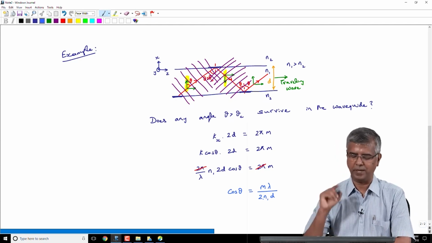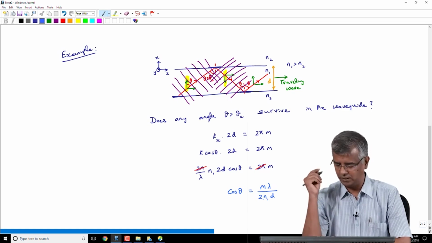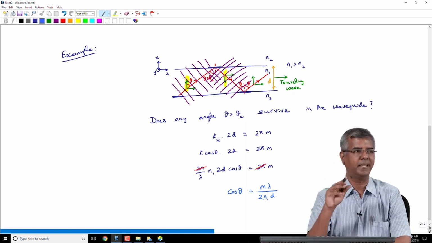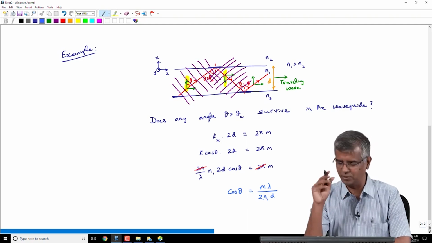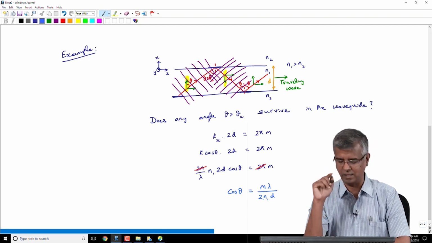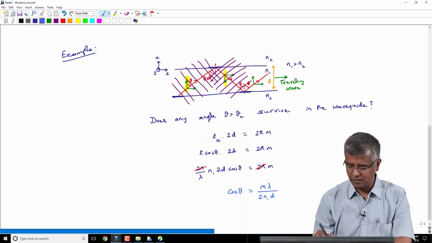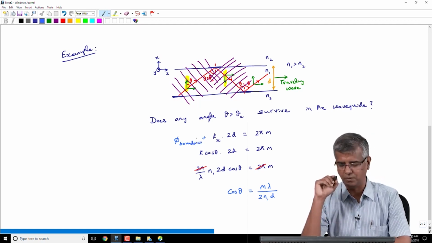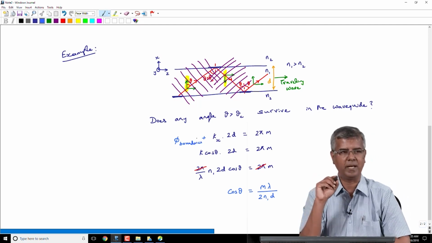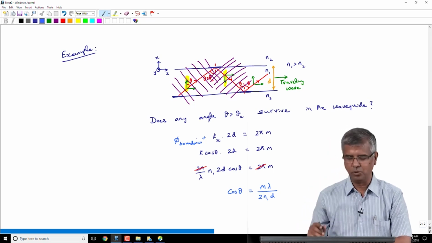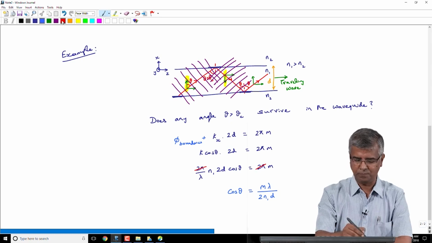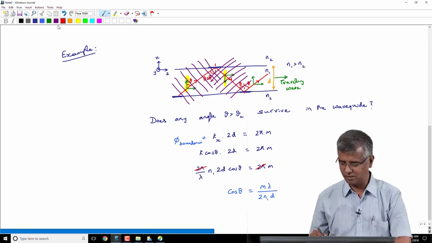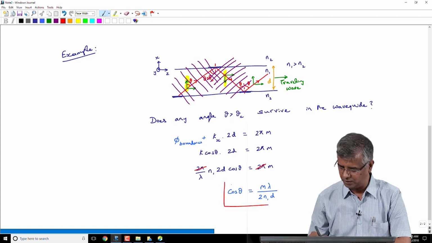So, there is a phase change at the boundary, that's a good point, somebody is just pointing out, but we are neglecting that for effect. There is a component that says there is a phase change at the boundaries, which also comes into the picture, right. So, we will have to take that into account also, but I am neglecting that just to drive home a particular point. I am not being completely rigorous about this, okay, but the key point is